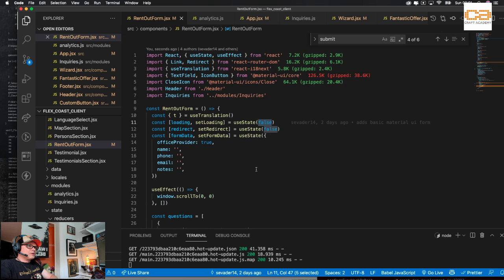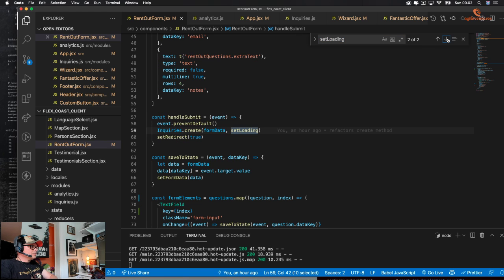Could set loading. Yeah. Where do we import set loading? So we're just passing this down as a function. And this is definitely a Boolean. Form data set loading.